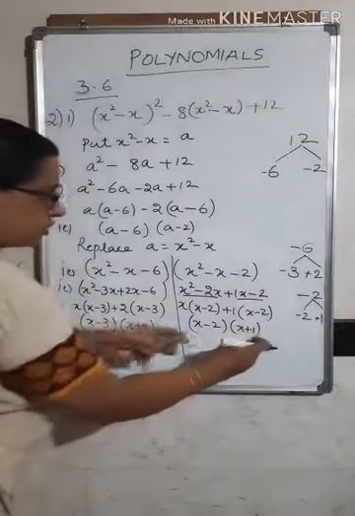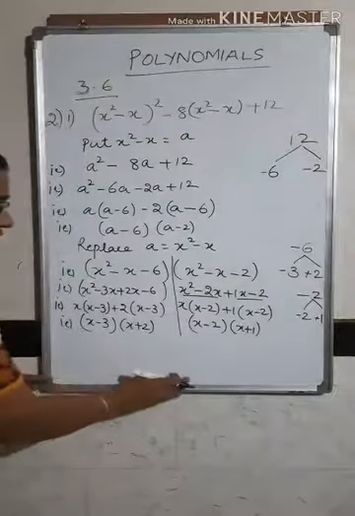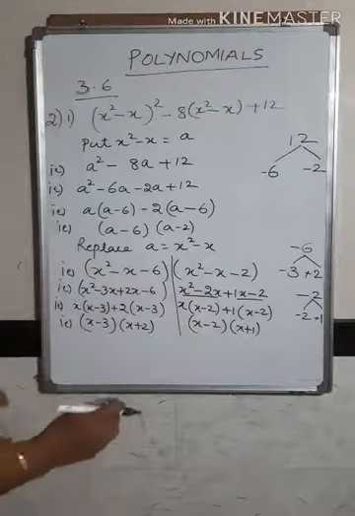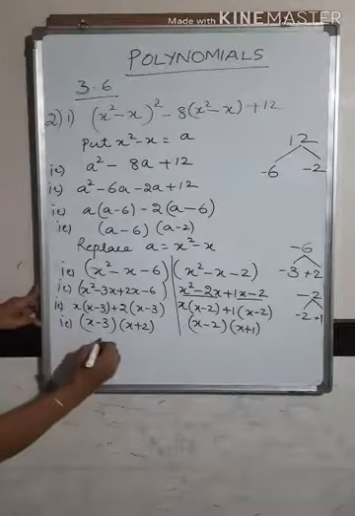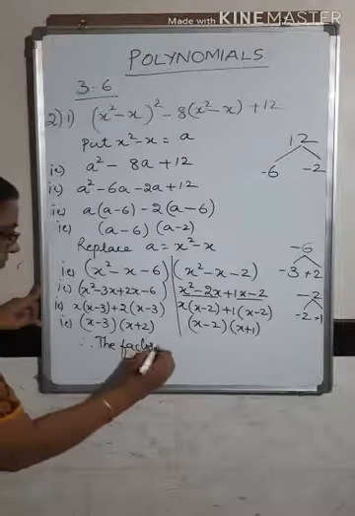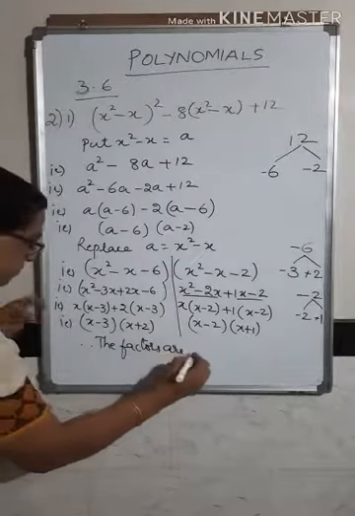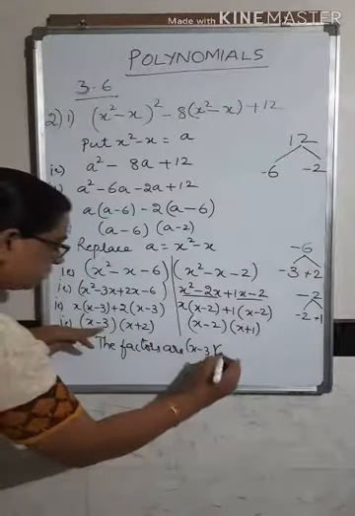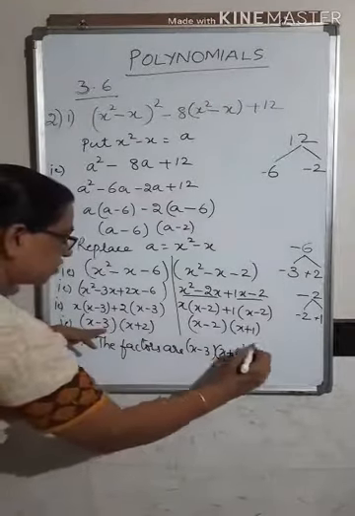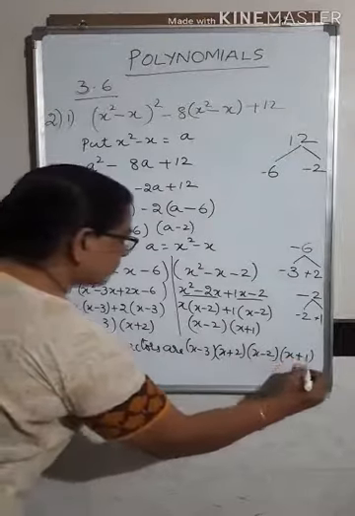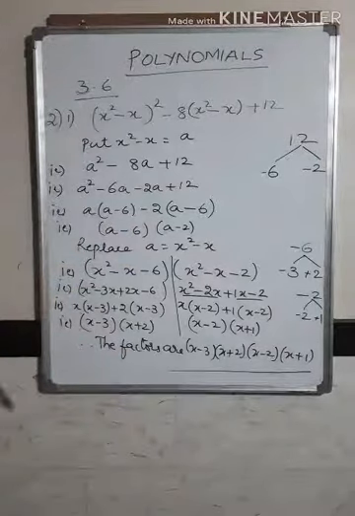So you have got two factors here, and two factors from the earlier expression. When you write the final statement, you have to write all the four factors together. Therefore, the factors are (x minus 3) into (x plus 2) into (x minus 2) into (x plus 1). So you have to write all the four factors together. So this is how you simplify the expression.